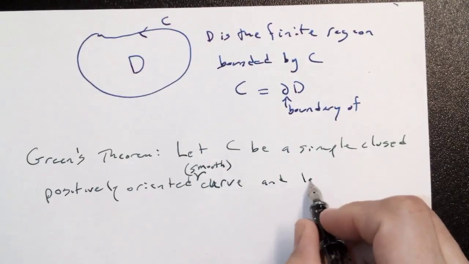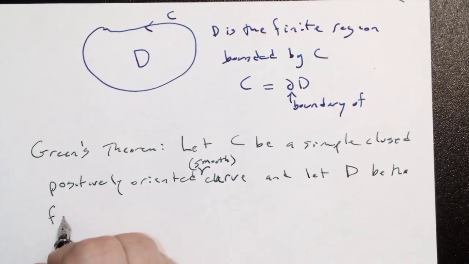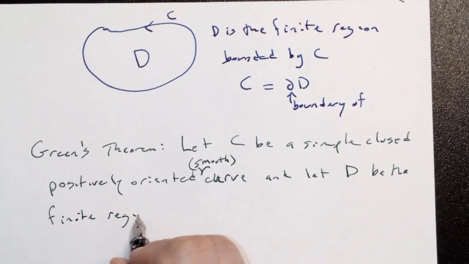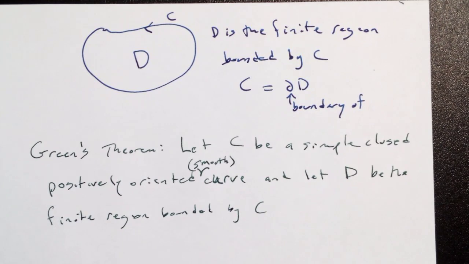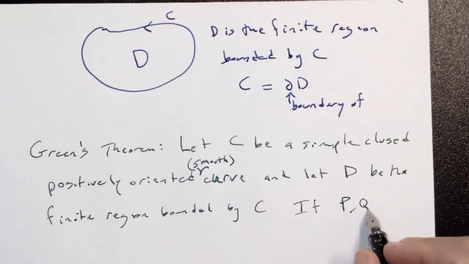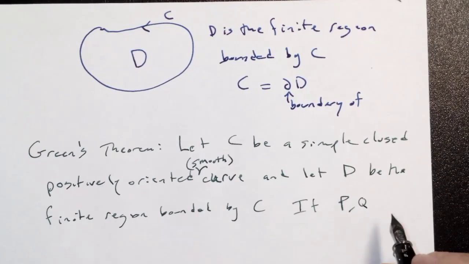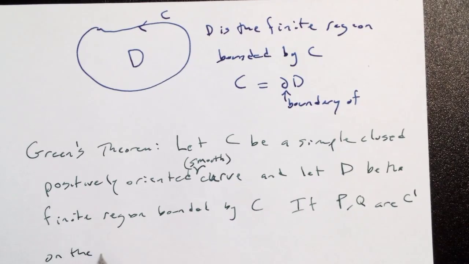And let D be the finite region bounded by C. If P and Q are C1, continuous, and their first derivatives are continuous, on the open region containing C and D, then